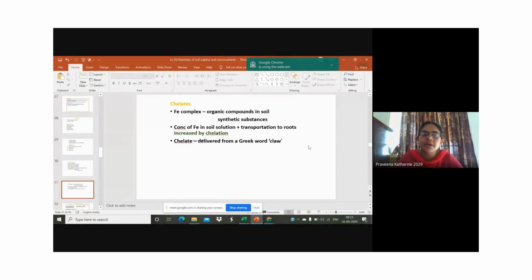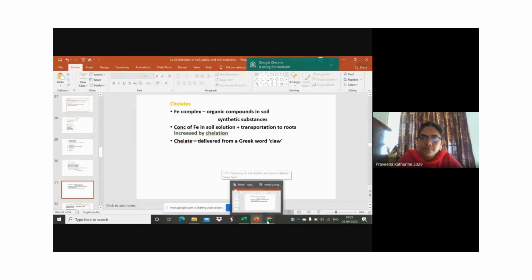So the heavy metals are very easily subjected to leaching losses, even in your soil profile, you learn about the various profiles. O horizon, A horizon, B horizon, all, isn't it? So A horizon is a zone of